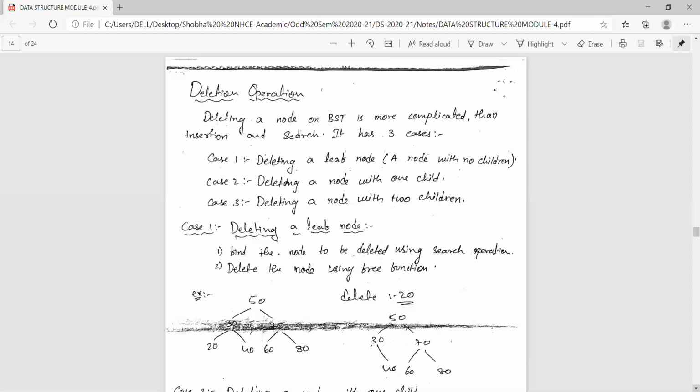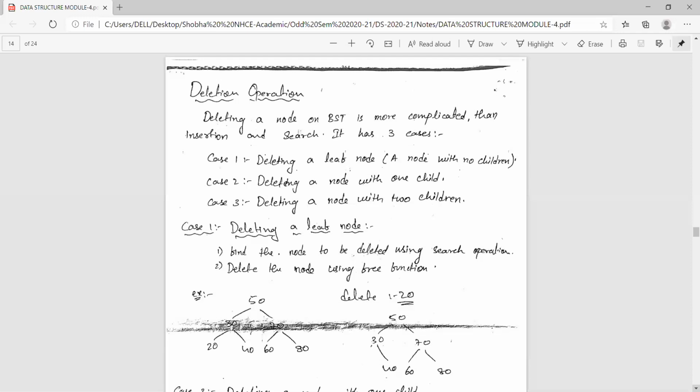When I'm deleting a node, if I'm deleting a leaf node, not a problem. You just call the free function and free that node. But if you're deleting a node with any child nodes, let it be one child or two children, then you have to create a link from that child node to its previous node or its ancestor node, and then you can free or delete the node you want to delete.